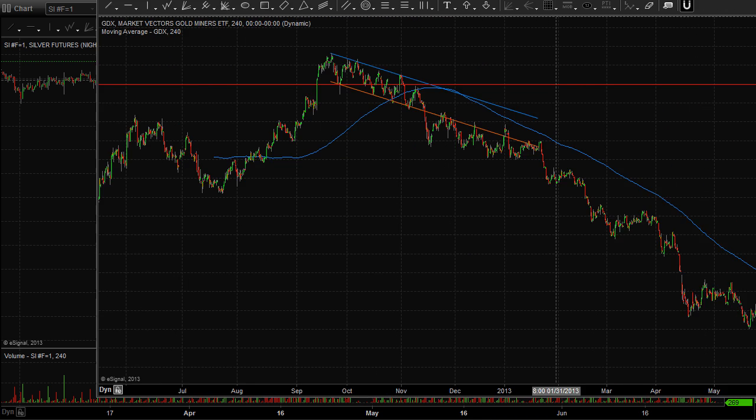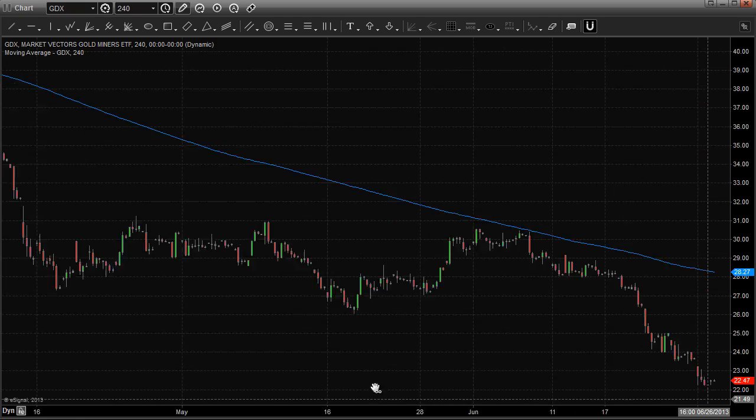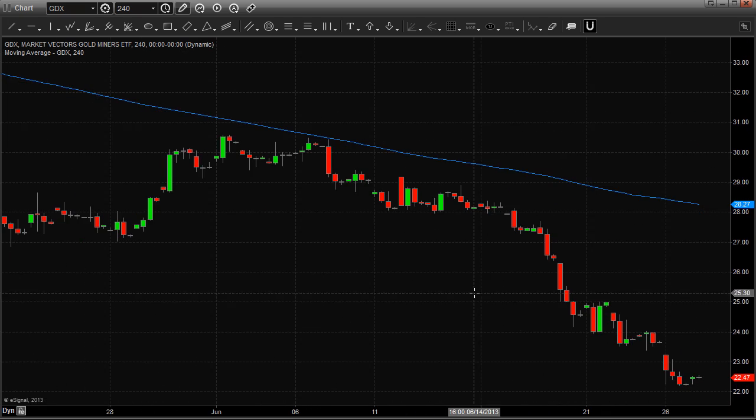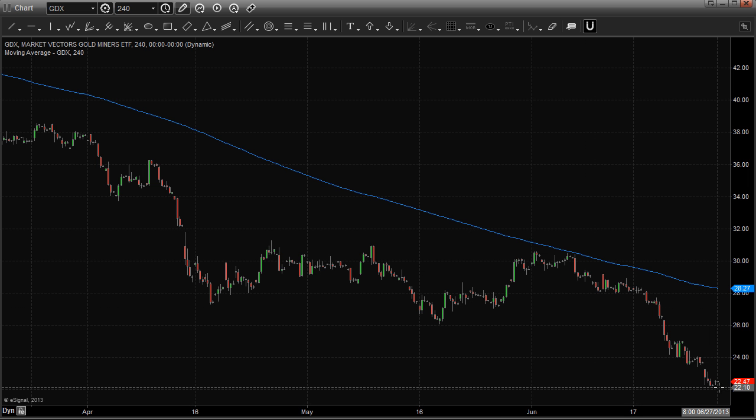Now taking a look at miners, gold and silver miners are pretty much all moving the same. We're in free fall mode, been selling off here for a while. Big down day yesterday, and overall still in a downtrend. We're starting to get a little long in the tooth here, looking like a bounce is near, but again, the